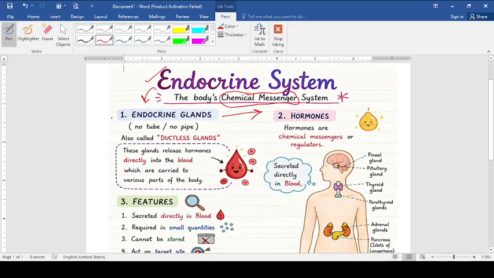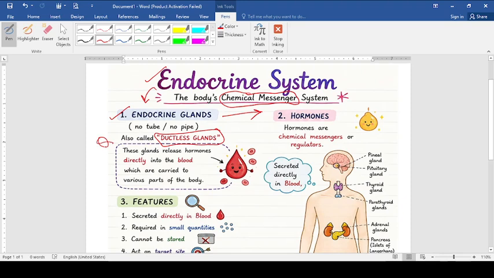So what is the difference between the endocrine glands and the exocrine glands? As I have given in the diagram, endocrine glands are ductless glands, means the glands which are not having any pipe or tube. They directly pour their secretion into the bloodstream, and blood is carrying it to the target site. That's why it is called as endocrine gland. But if you will see, liver is having a pipe, it is having bile duct, it is having hepatic duct, even pancreas is having a pancreatic duct. So those glands which are having a duct and they are releasing their secretions into the pipe, those are called as exocrine gland. But the ductless glands are called as endocrine gland.